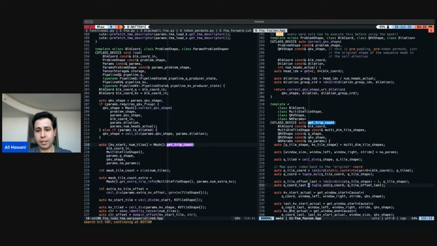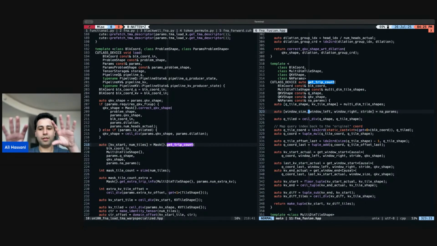So get trip count, what it basically does is, and this is not the cleanest code I've written, in fact, it's very far from that, but it gets the job done. I'll clean it up later. But basically, you know the block coordinates of this parallel tile of work. And based on that, the 0th coordinate just corresponds to the query index. So you have to map that to which query tile it is. So basically what you're doing is you're figuring out the coordinates of the first and last query tokens that are in your